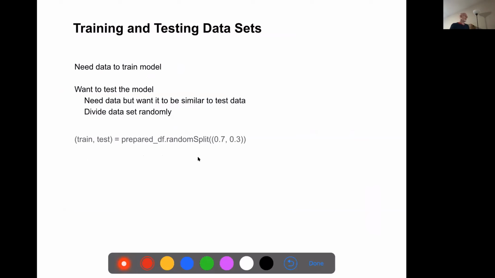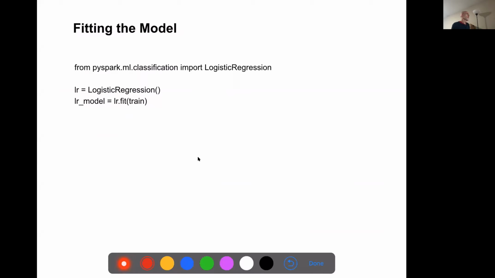So we're just dividing the data set into pieces, and we want to do it randomly so we don't introduce bias in any way. We've already seen how to deal with creating the regression model.